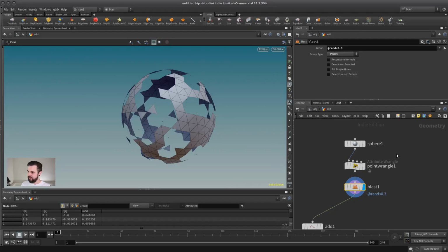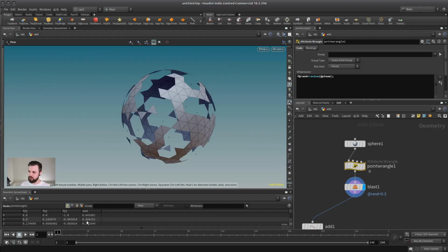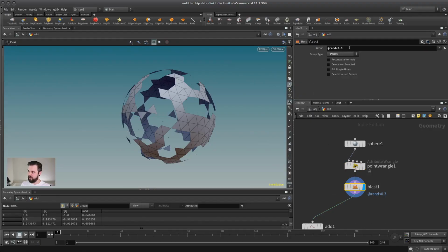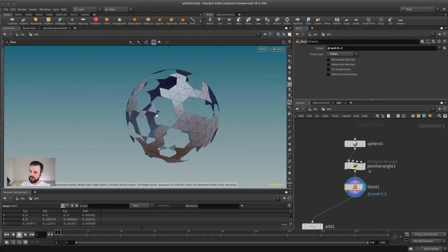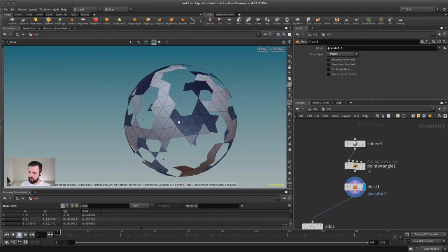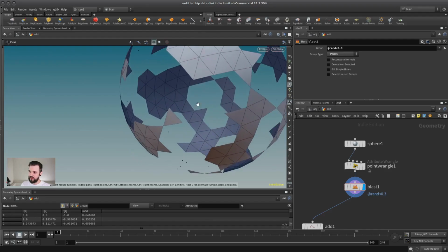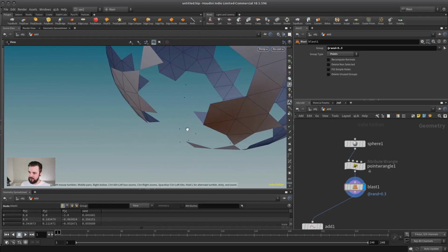What I did here is I created a random number on each point and then used a VEX expression to say, okay, if this random number is lower than 0.3, the point will be deleted. What this results in is that there's obviously some holes, but what's more interesting is that sometimes it ends up